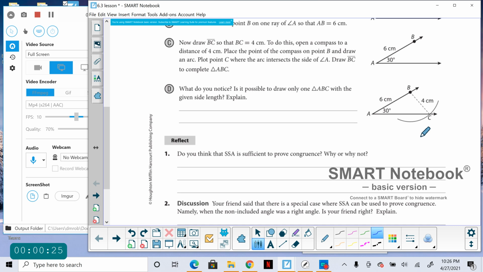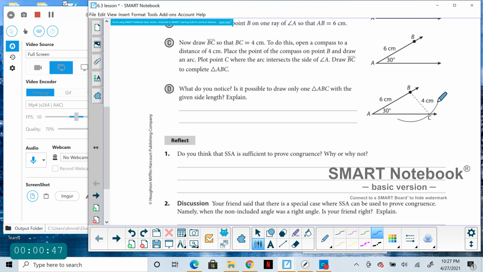So here in this diagram, we have side AB is 6 centimeters, and it makes an angle of 30 degrees with the ground, or side AC. And then we have a second side that is 4 centimeters. But look at how BC is dotted. This is because if we draw the arc here and have it continue up like that, you can see it's going to touch side AC in 2 places. That means that we have two possible